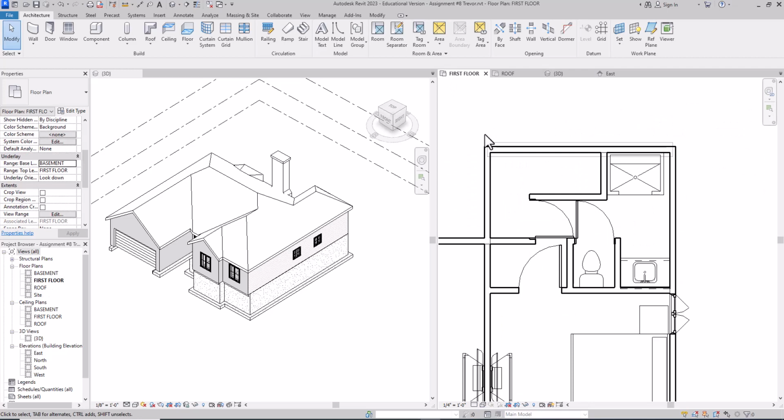In the first floor plan, before you start your wall, we'll need to change the underlay so that you can actually see it. Right now it's underlay none. So you see this underlay range base. We need to change that to basement so that you can actually see your wall. If I didn't do that, it would prompt me that nothing is going to be visible. So change your range base to basement, pick apply, and then